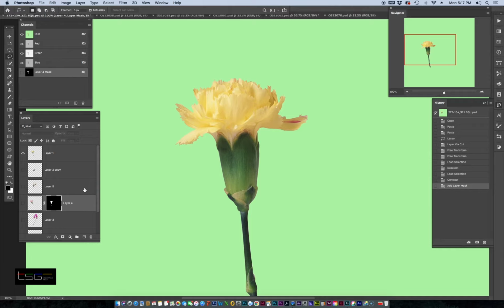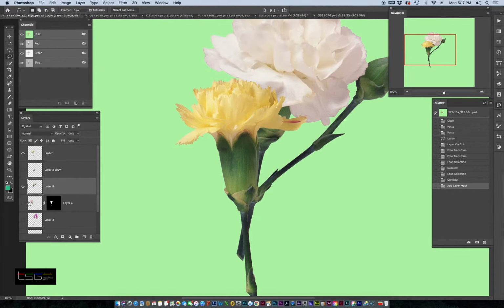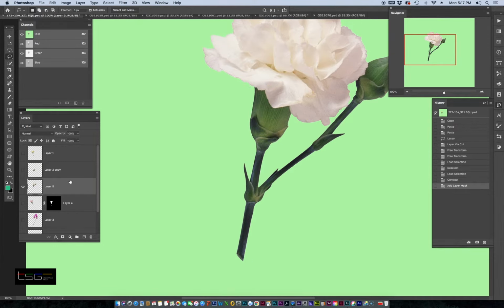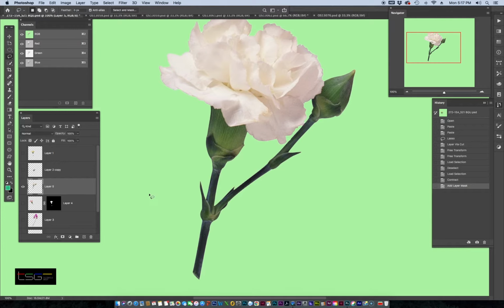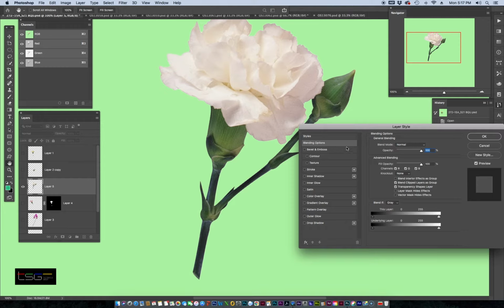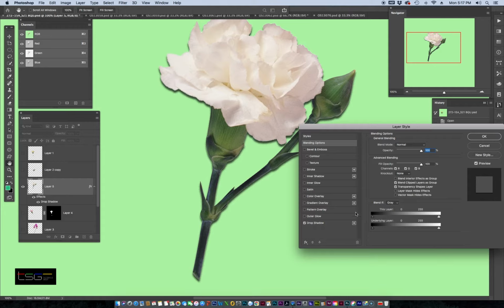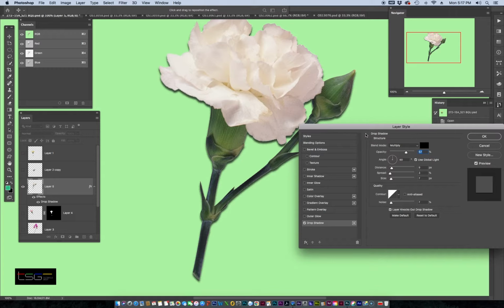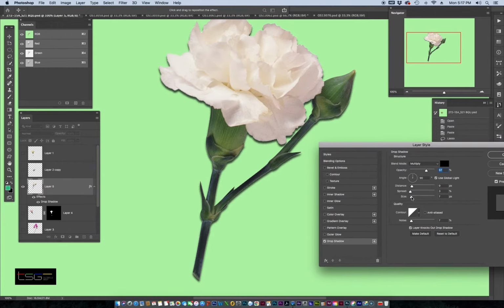Now, I'm going to show you why I do that. Here's my other flower. And I'm going to give this one a drop shadow. Double click on the layer, you would get to your layer style window, and then you could select which style you want. I want drop shadow, so click on the name. Do not do this, because you won't get the controls here. You have to click on the name, drop shadow, then you get the shadows. Okay, and then you could adjust the size, the softness,